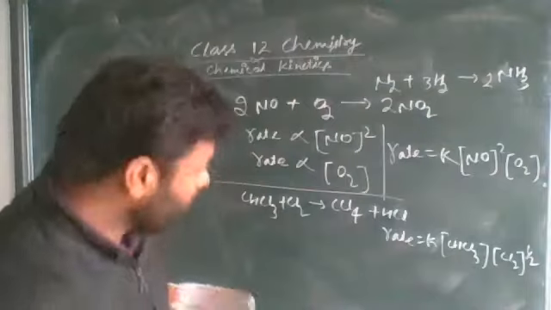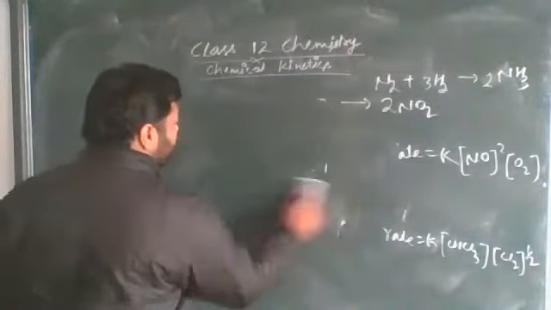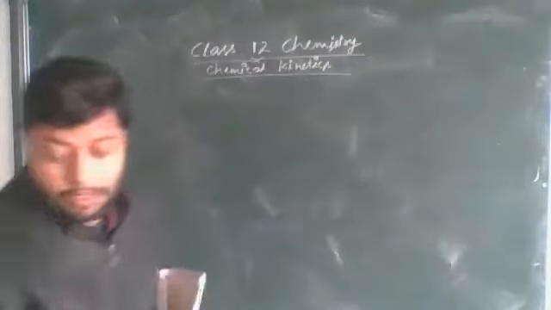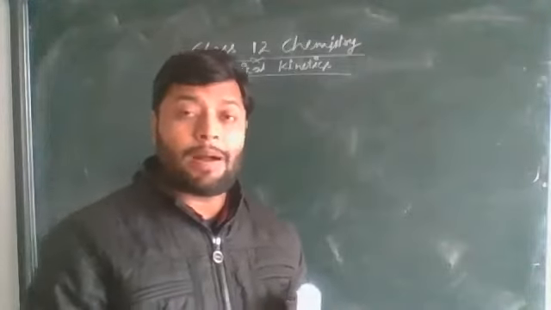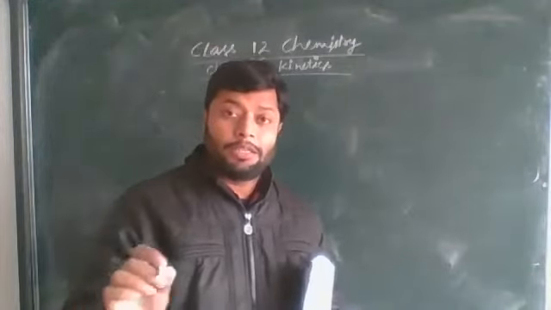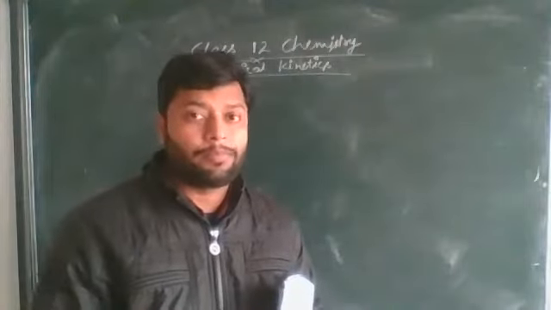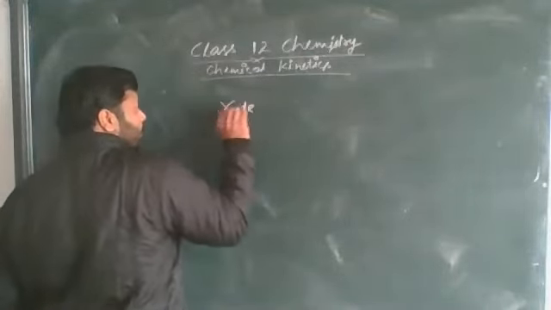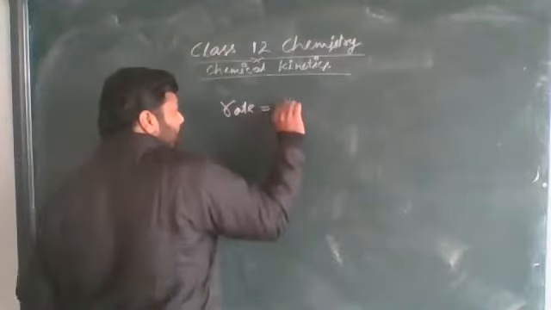Actually, the order of reaction is just the sum of the powers given in the rate law. If rate is written like this, K